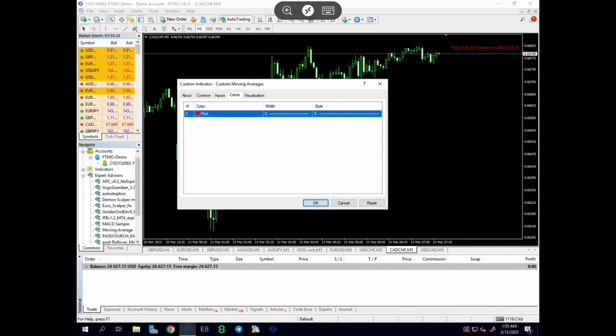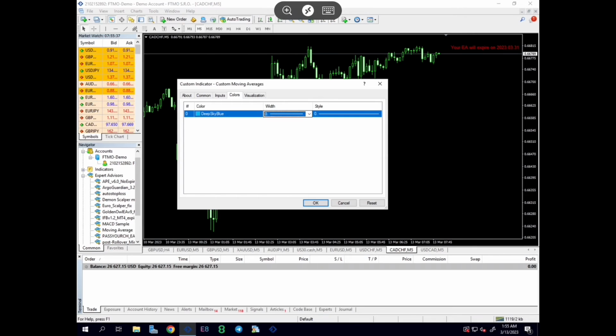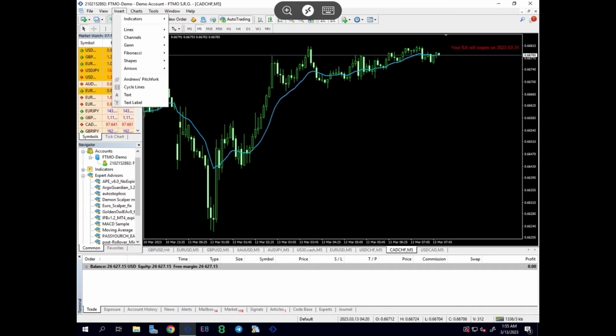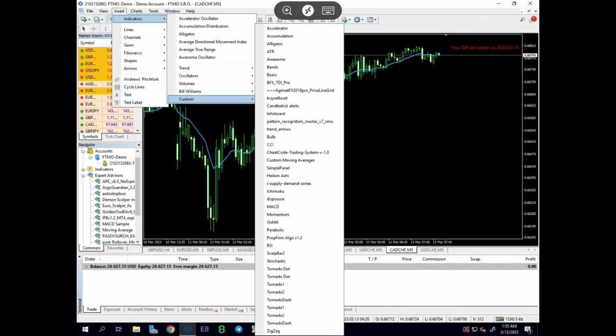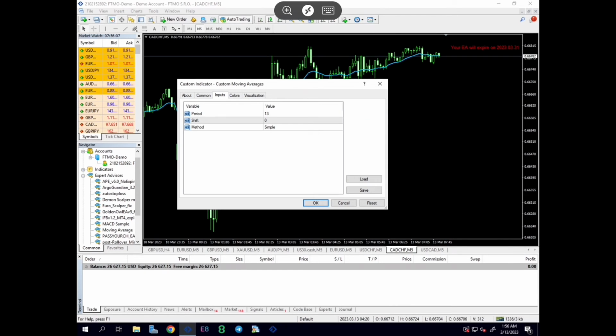Colors, this is going to be my fast one, so I want it blue. I want the line a little bit thicker, 2, okay. So there is my number 8 moving average. Now we want another one, so we're going to go through it again. Insert, Indicators, Custom, and Custom Moving Averages. This one we do want to keep red. We want the width to be wider. There we go. And the input,